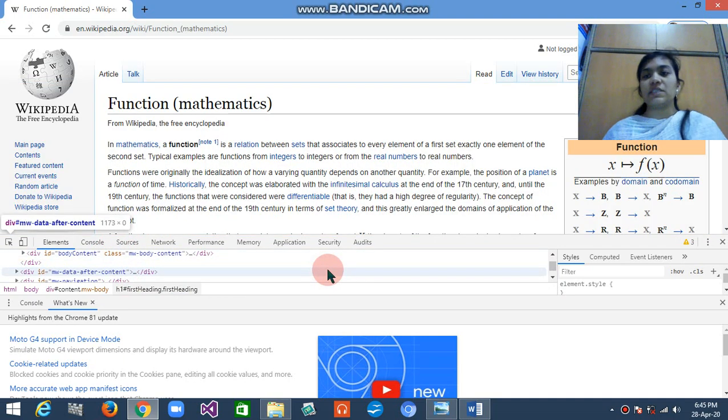So this is the basic thing: if you want to make a website, if you want to write about some keywords, then you have to make use of some functions, some text and some languages. So this is the one basic language that you have to learn, that is HTML. HTML is the simple and basic language that you use to make a website.